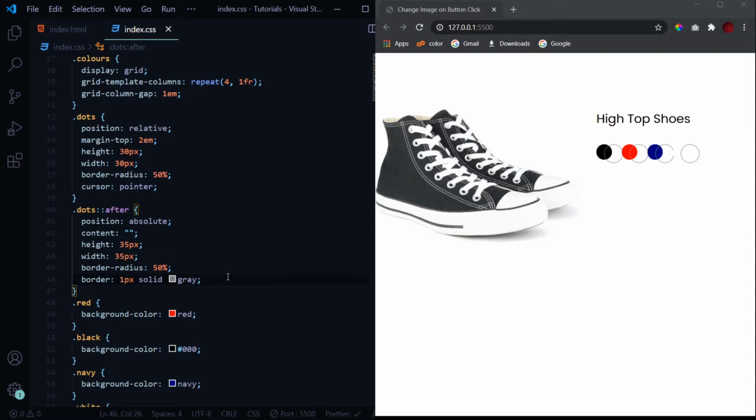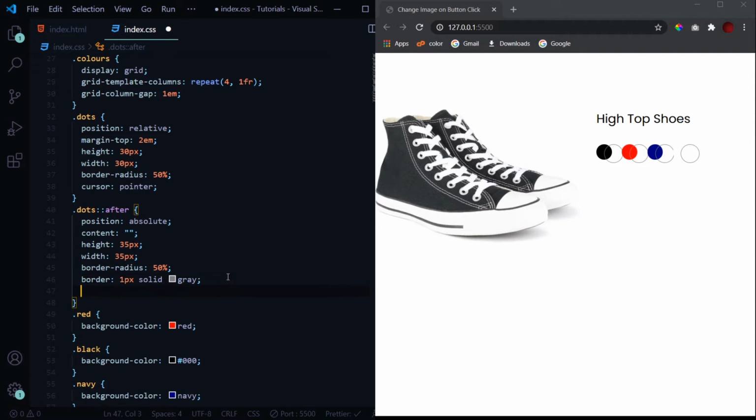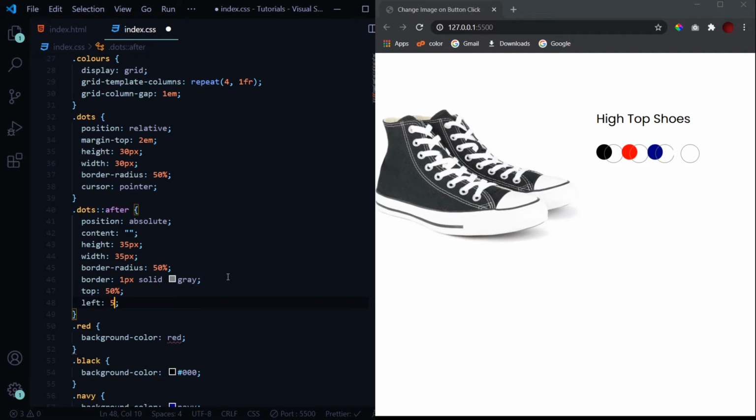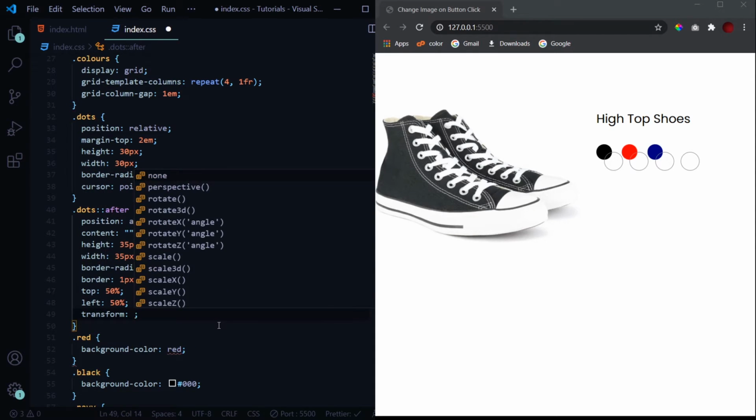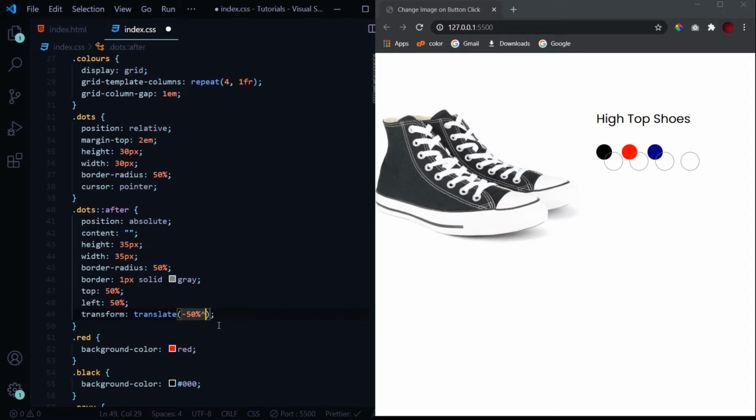So to position them, what we will do is give them a top of 50%, left of 50%. Yeah, now to position them exactly at the center, we need to give them the last property, which is transform: translate(-50%, -50%). So now they are perfectly positioned alongside our divs with these colors.